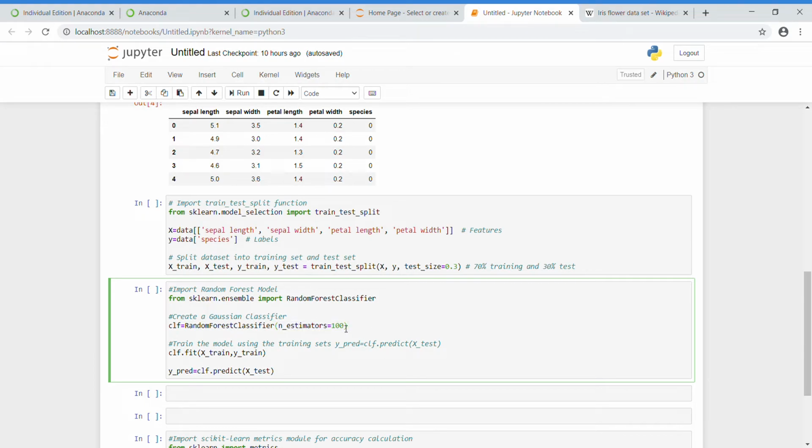Meanwhile, we just put n_estimators equal to 100, then we train the model using the training set. So here we are importing the random forest classifier, assigning it, then fitting the model, and then predicting with the model.